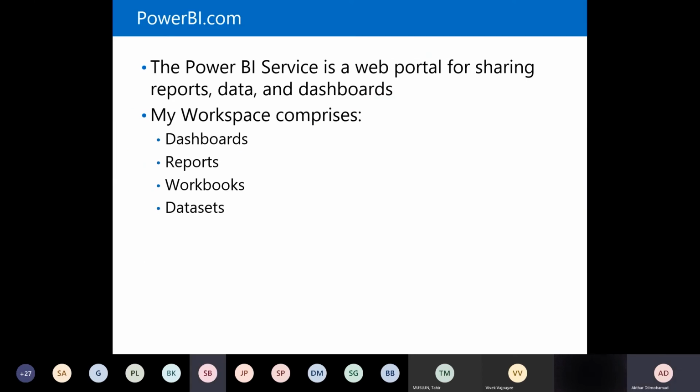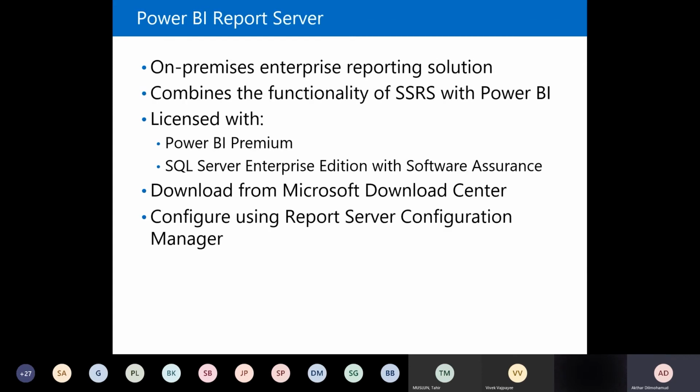Okay, so let's spend some time now on Power BI service. Power BI service is where you publish your reports. This service gives you a number of functionalities. It gives you dashboard capabilities, reporting capabilities, datasets, and workbooks, which is only if you have an Excel file, etc. Let me quickly show you